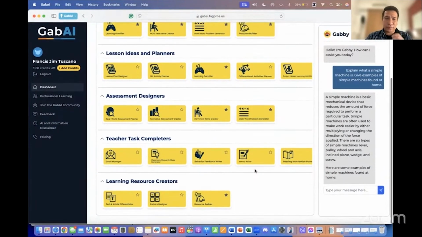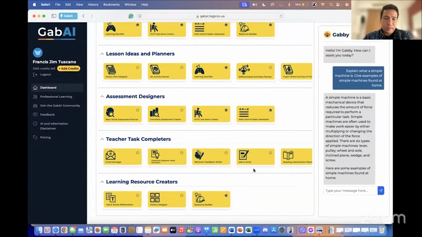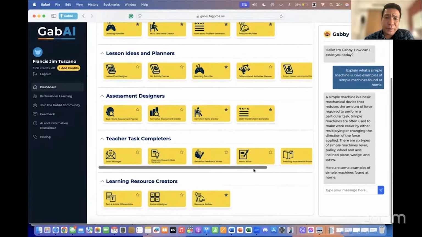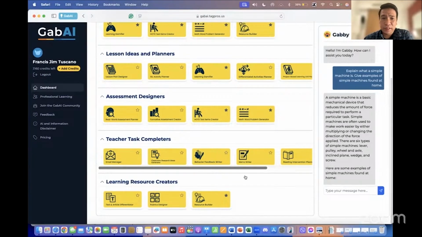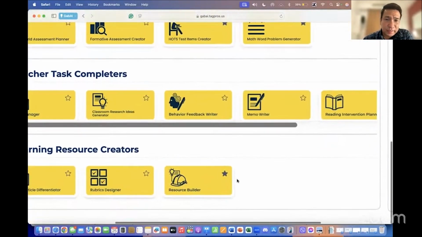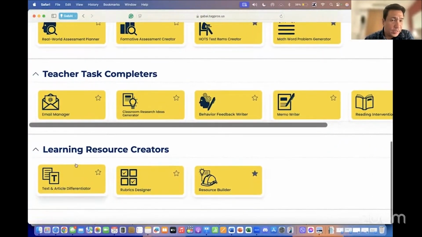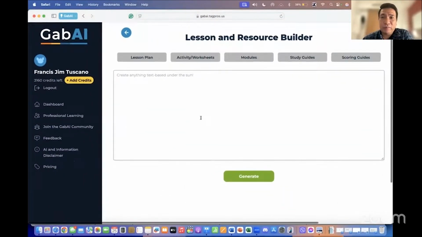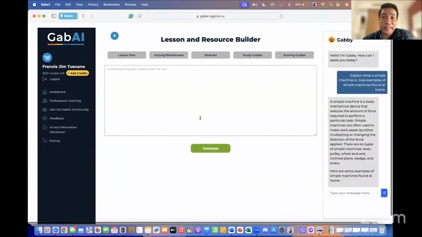But then there was a question, Sir, paano pag gusto namin ng mas flexible? Look at this category at the bottom, learning resource creators, resource builder. This is what we've created. This is a more flexible way of creating lesson plans